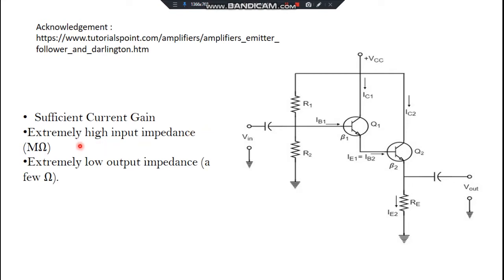And most importantly, this has extremely high input impedance. The common emitter has an input impedance in the range of kilo ohms. This circuit will have the input impedance in mega ohms and definitely a very low output impedance, which allows us to draw maximum power out of the load and avoids wastage of power as well. And definitely the most highlighting feature is that there is sufficient current gain.